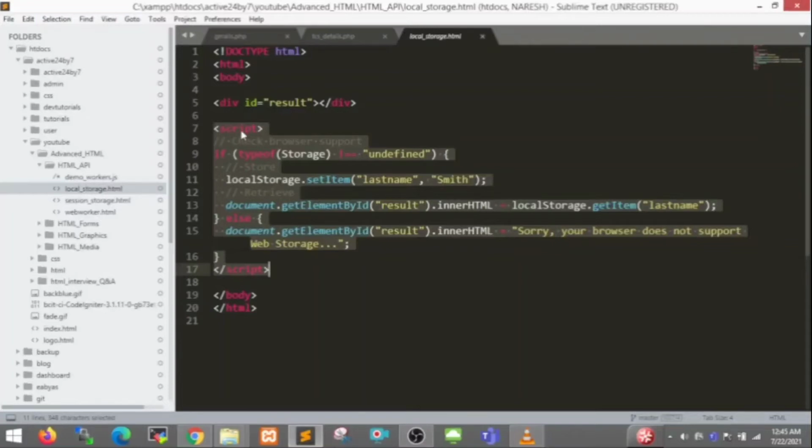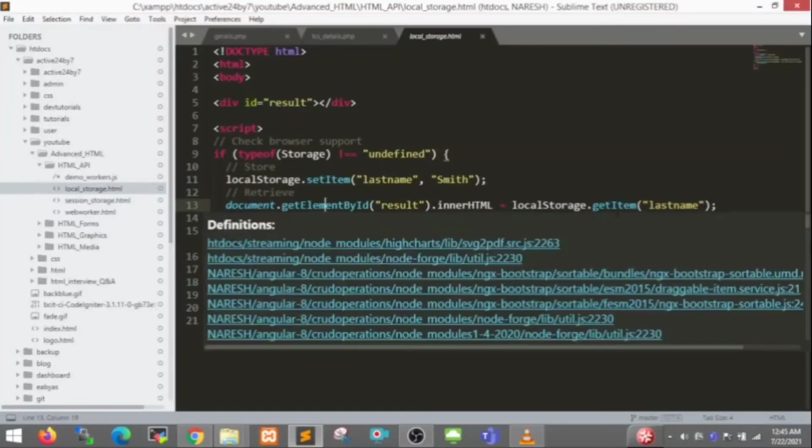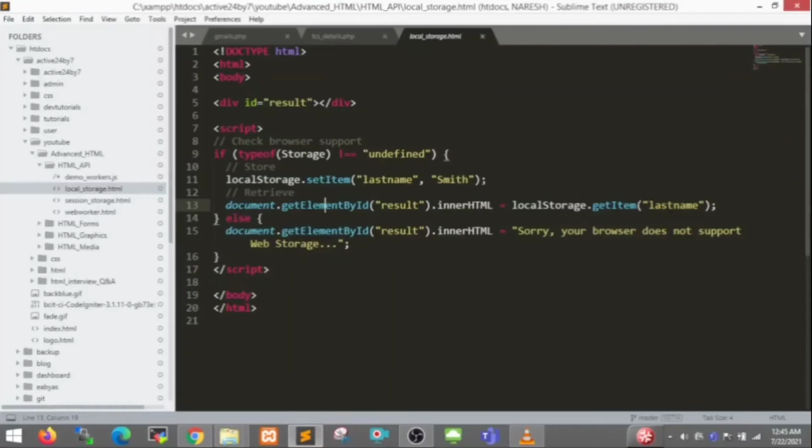I open the script tag. If typeof Storage is not equal to undefined, localStorage.setItem, here I set lastname to Smith. Then document.getElementById of result.innerHTML equals localStorage.getItem of lastname.